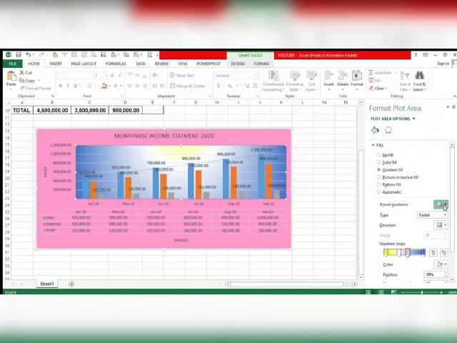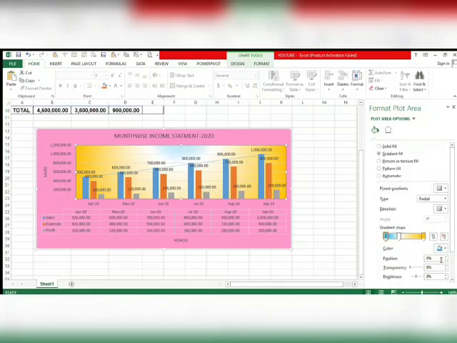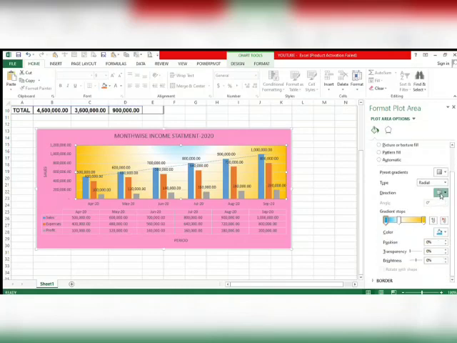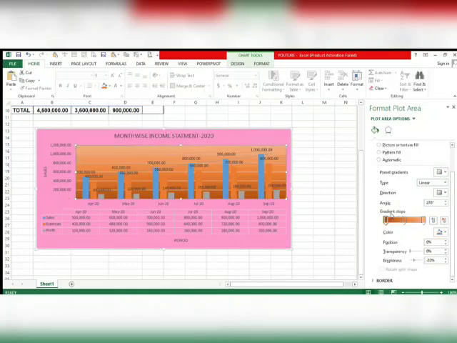See, this direction we can change, or the color we can change like this. So many options are available here, so we can take whatever is required.